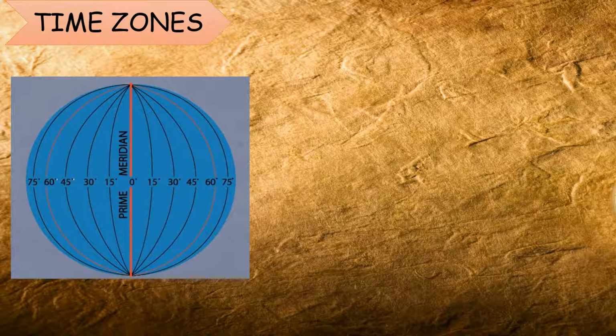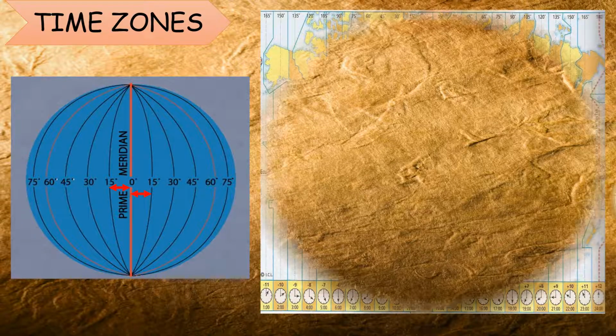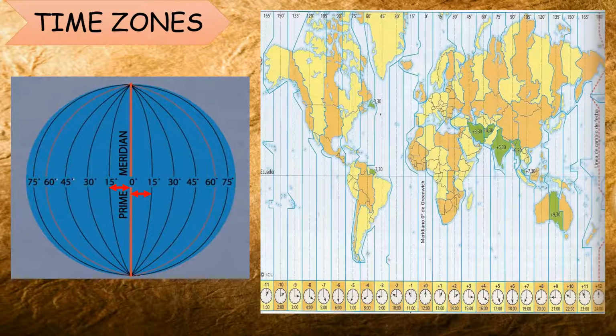Now, let us study what time zones are. First of all, let us try to understand time zones with the help of the globe image. Students, please remember that time zones are geographical divisions of the globe of 15° each, starting at the 0° meridian. As all of you know, the 0° meridian, also known as the prime meridian, passes through Greenwich in England. Similarly, we can see on the map geographical divisions of 15 degrees each starting at Greenwich in England.